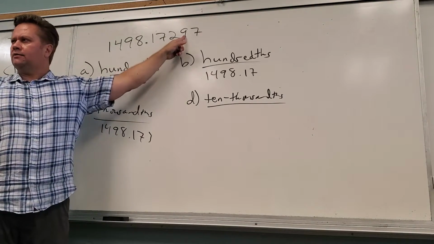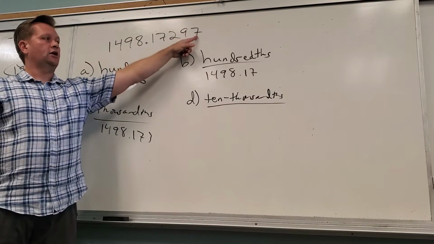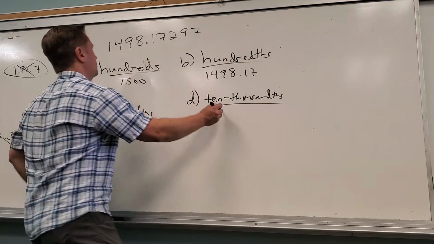And that doesn't make any sense, right? So it's either 29 or it goes up to 30. And in this case, it's got to go up to 30. So this would be